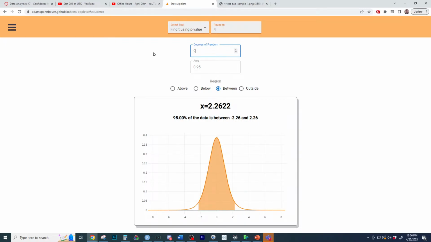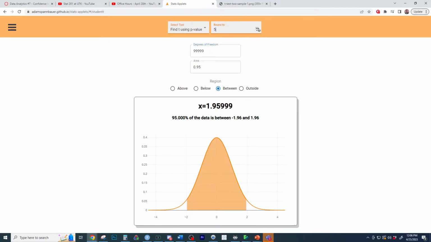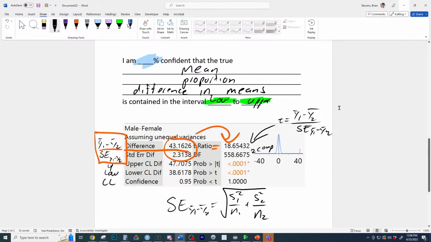So with few degrees of freedom, you see more drastic differences between the t and the z. With higher amounts of degrees of freedom, it converges towards 1.96, or 1.95996. That's what it actually is if you carry more decimals. And then there's even more decimals. Those are the p-values for each of the tests down below. So this is the does not equal test. This is the greater than test. This is the less than test. And there are relationships those p-values have that we should know.